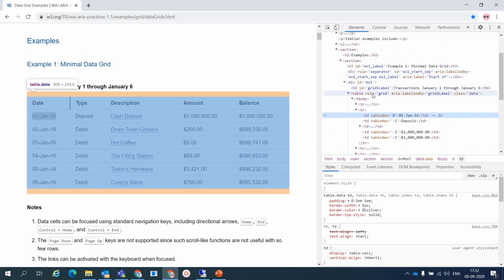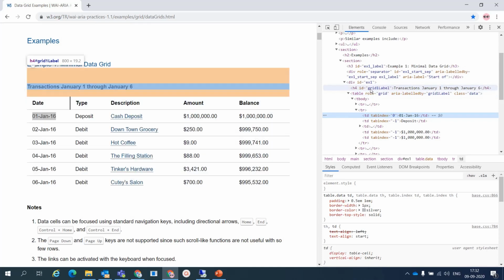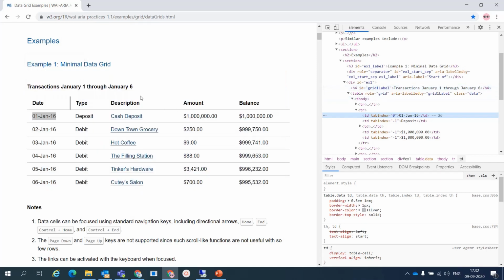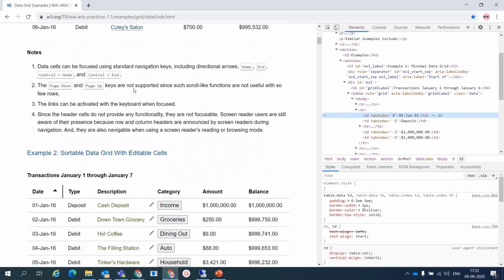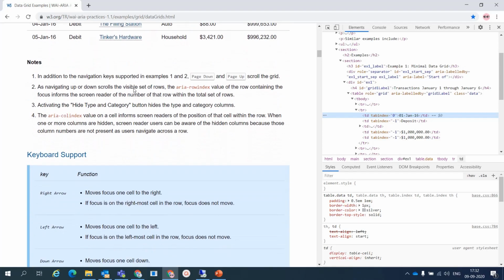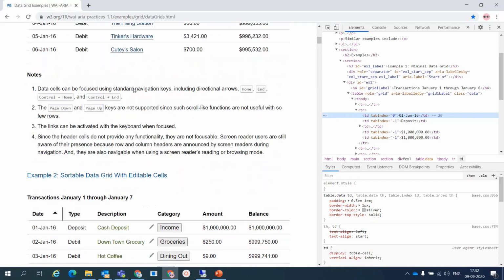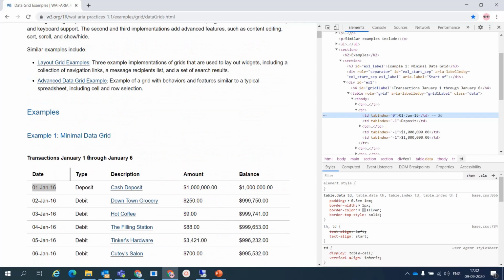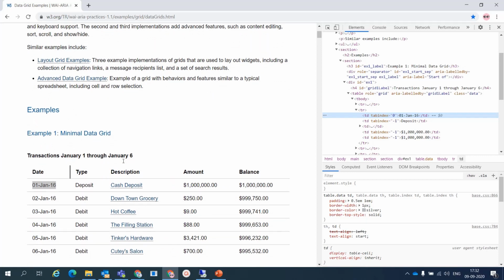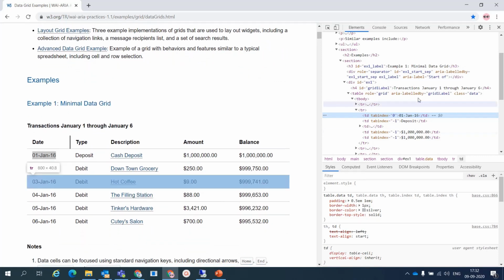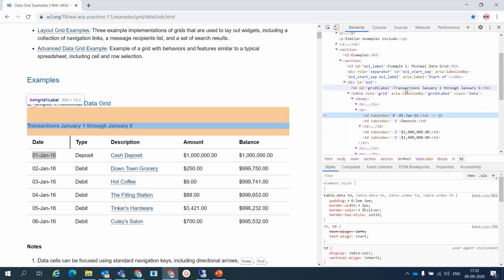Okay, this table here. This web page has multiple tables, but I want the table which has this heading, transaction journey or whatever it is. So I will take this heading.